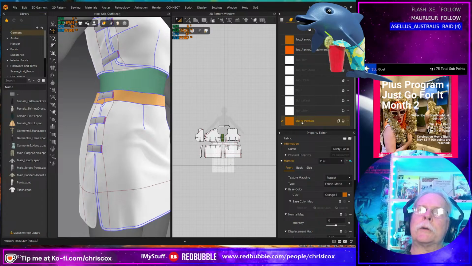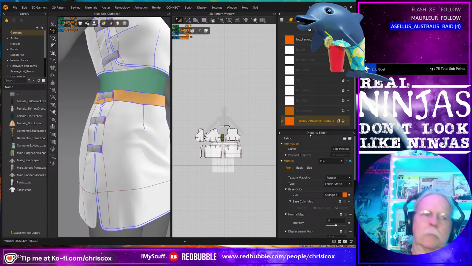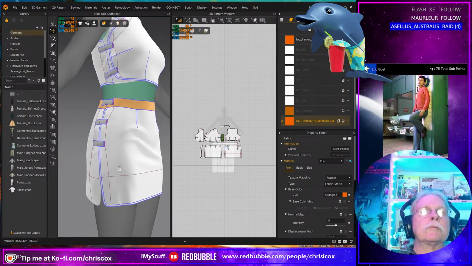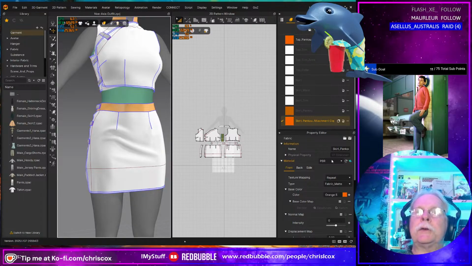Skirt. I think that's it. Let's get these unique colors.